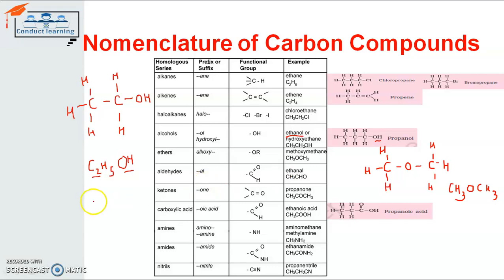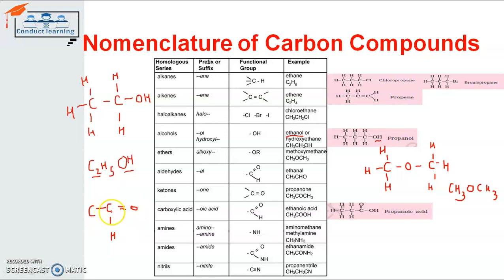For ethanal, as we know, the number of carbon atoms is 2, but one of the carbon atoms is already there in the functional group, so that's why we will take one carbon atom only. Another carbon atom we will take is for the functional group. So the functional group we will take as it is. This carbon atom will share one of its electrons with this first carbon atom that we took separately, and 2 electrons with the oxygen and 1 electron with the hydrogen. So in that way it will have shared its 4 electrons.